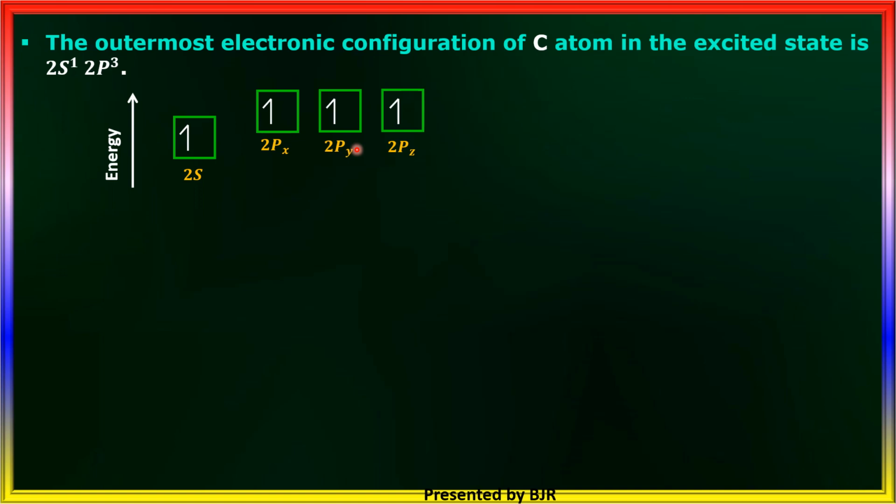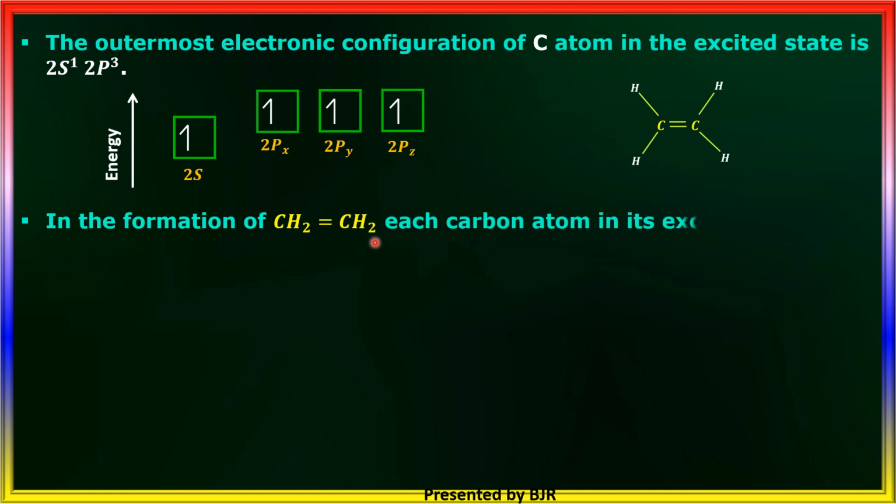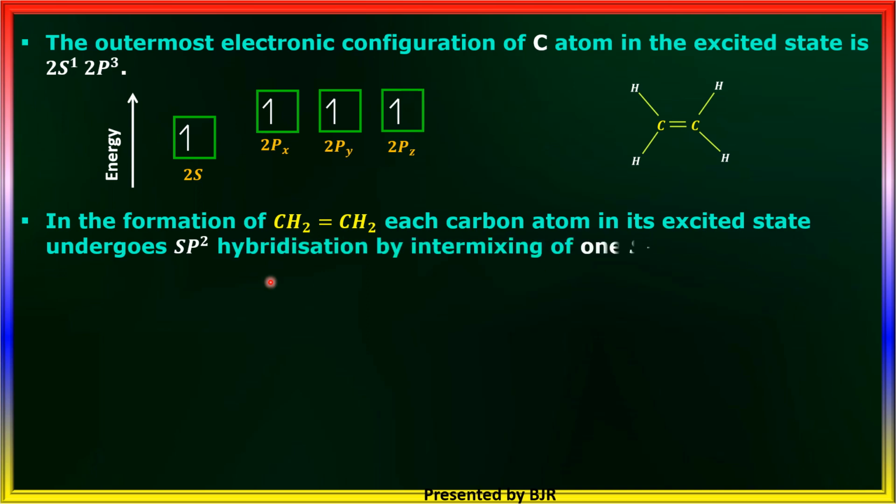So in C2H4 molecule, all CH bonds should not be identical. They should be different actually. But it was found that all CH bonds in C2H4 molecule are identical. In order to explain that, a concept called hybridization is suggested. In the formation of CH2=CH2, that is ethene molecule, each carbon atom in its excited state undergoes